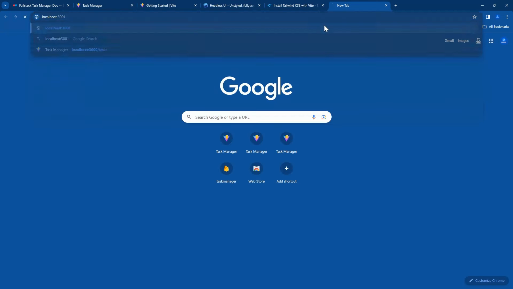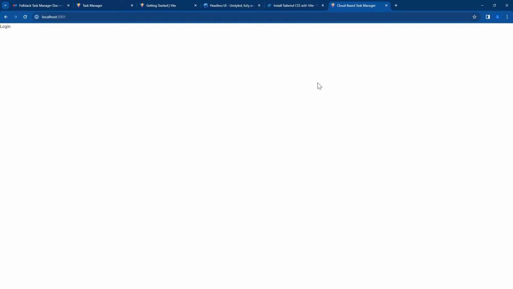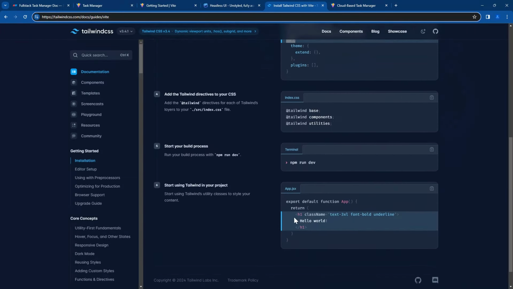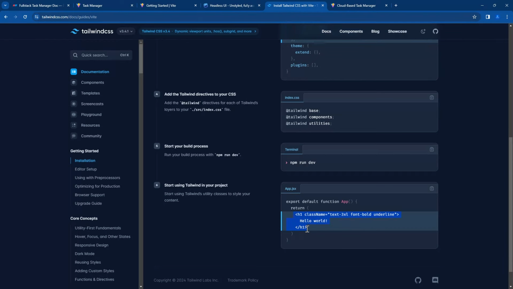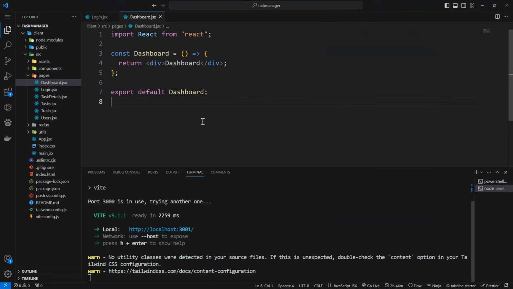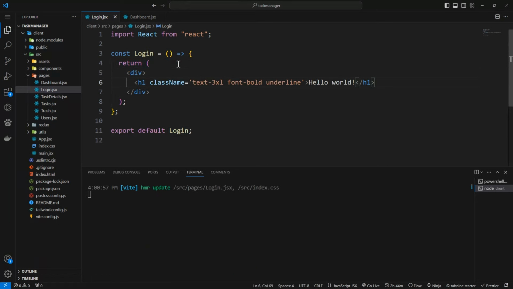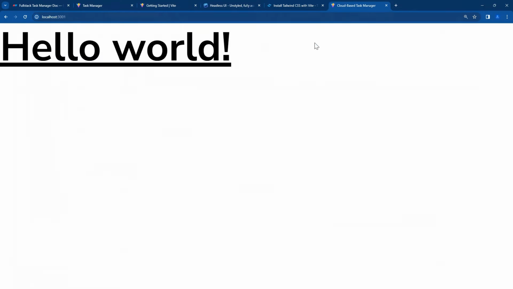Okay, so now we get login here. Great. And let us check if our Tailwind is working. So I'll just copy this and then place it in. Okay, great. Login. And just put this one here. Try and see if it does work. Okay, great. It's working. Okay. So this is the end of this first part. In the next